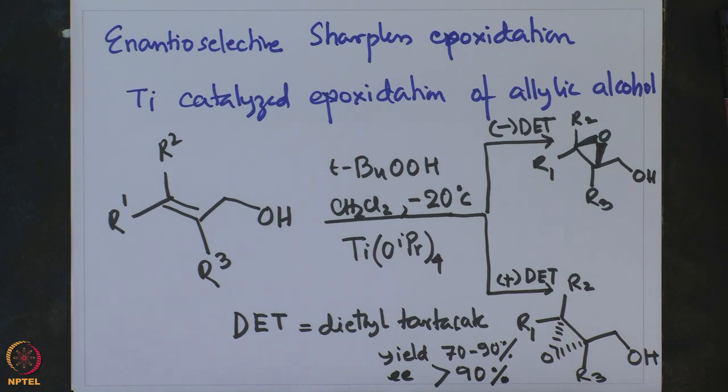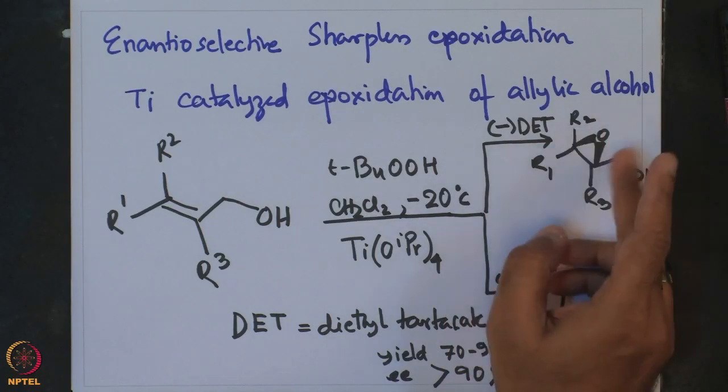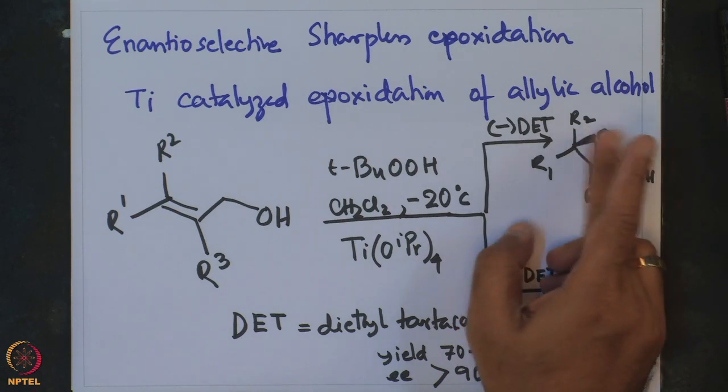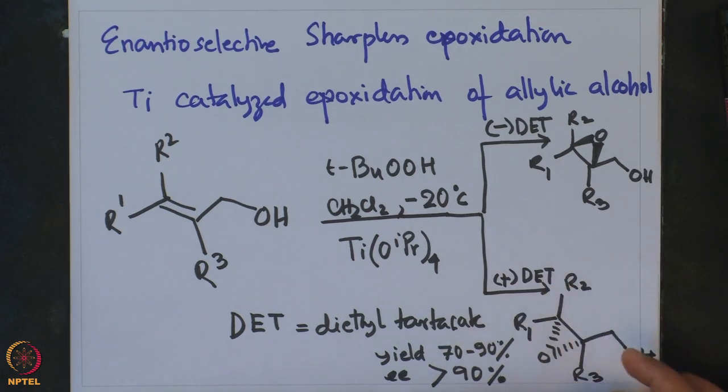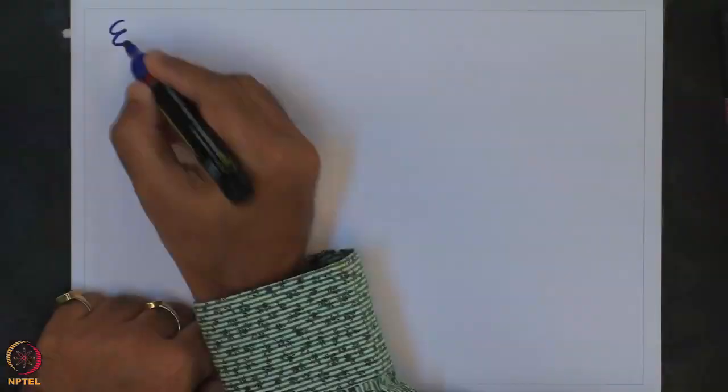Now, this is a very nice example of enantioselective epoxidation reaction reported by Sharpless, in which one can see that by taking two different chiral ancillary ligands, that is with minus DET they get the epoxides where the oxygen is attached from the top, and with plus diethyl tartrate the opposite enantiomer is obtained. And so, one can see the scope of this epoxidation reaction extending to asymmetric catalysis.